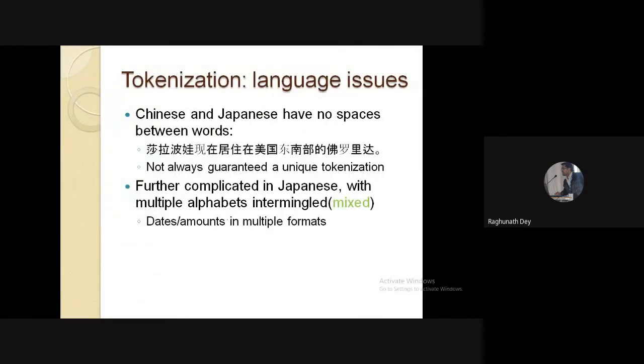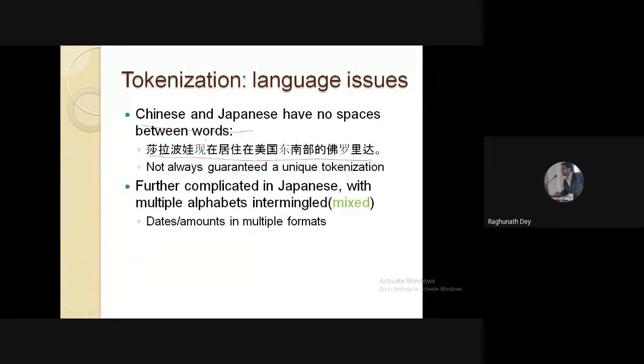There are some other factors which are also hampering or impacting the tokenization system based on different languages. In Chinese or Japanese, we are unable to see the spaces between the words. We find that these words look like a single complete word, but there are actually different words, based upon the symbols.